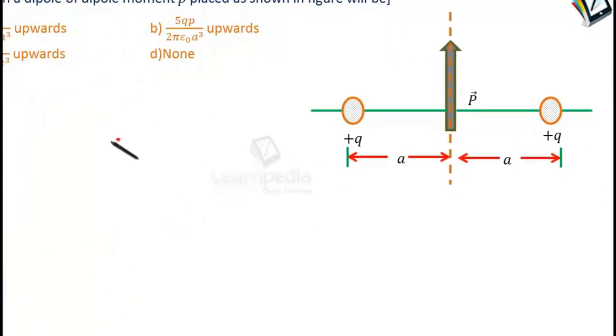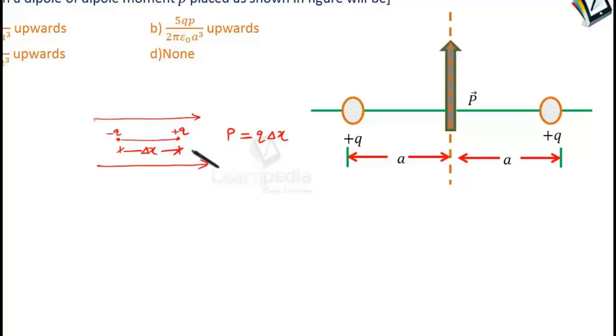Suppose here is one dipole having charge minus q and there is another charge plus q, separated by a very small distance, which is delta x. So what will be the dipole moment of this system? It will be q into delta x from minus to plus. And suppose the electric field has a uniform direction but not the magnitude. Suppose the electric field is changing in the direction of the dipole moment vector, and here the electric field is E, and at this point the electric field has become E plus delta E.